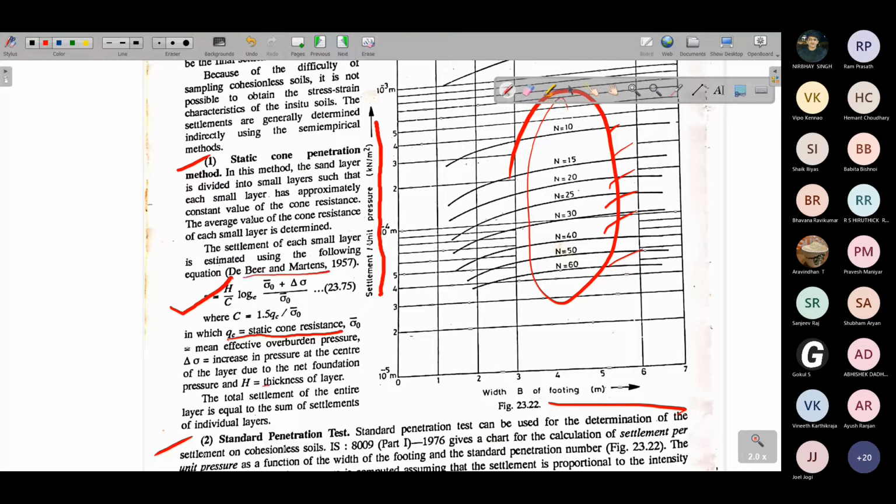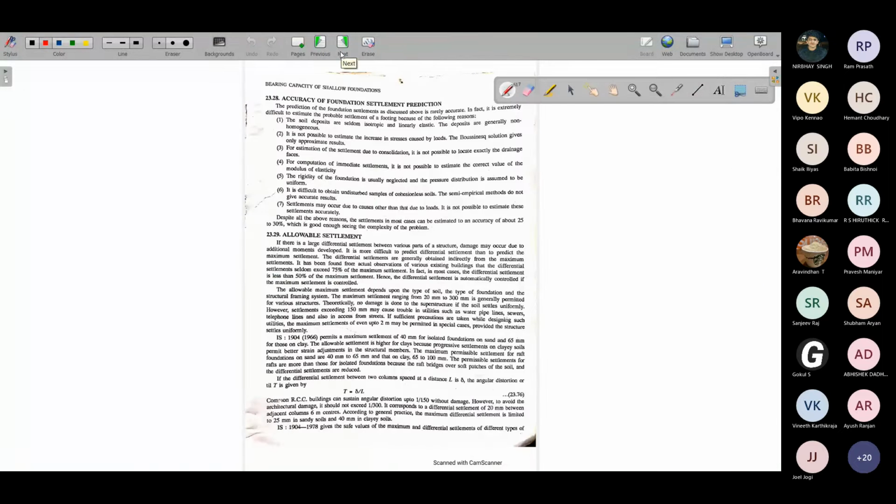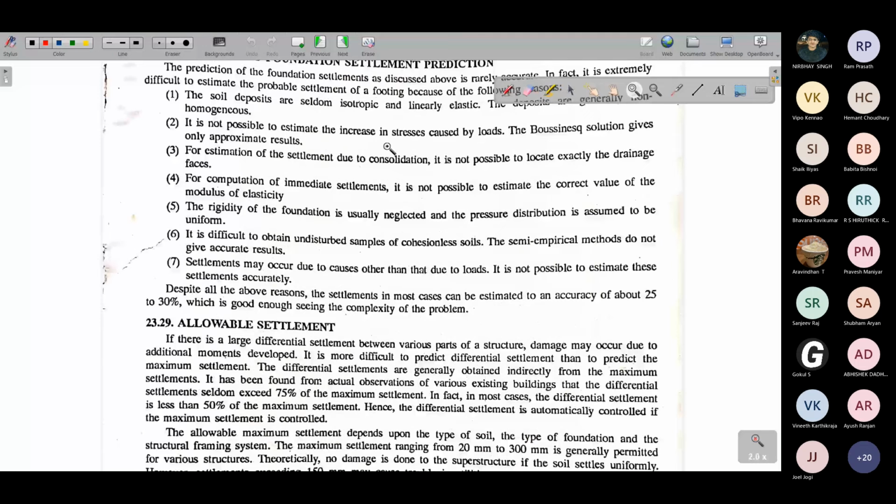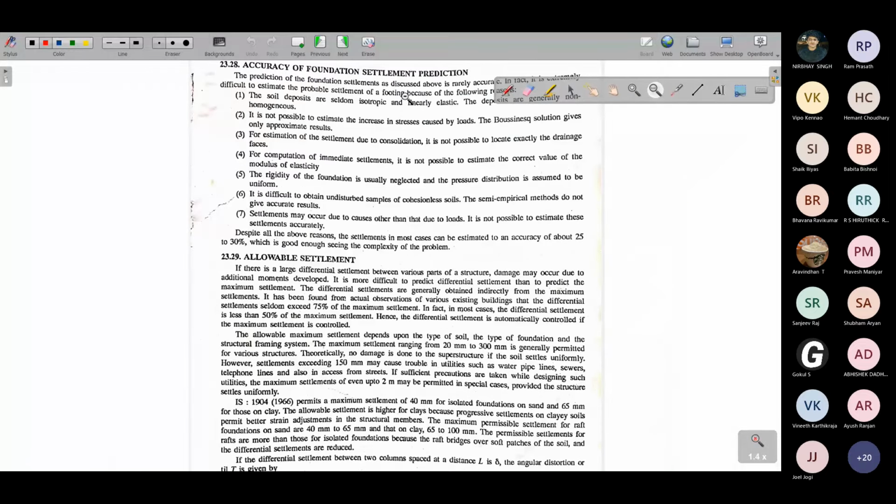H would be the thickness of the layer. C is also given, and effective stresses, change in the stresses, and so on. Here again, the standard penetration test can be used to determine the settlement of cohesionless soil. The IS code gives a chart for this. If you recall, there are charts and many other things available to find out settlement and all. Now we'll read this one. The accuracy of